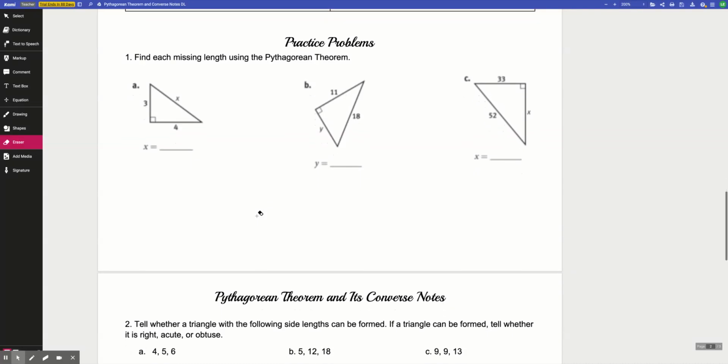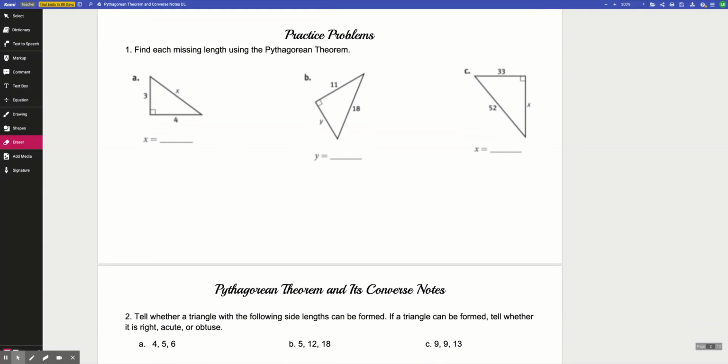Hello everybody. This is your practice problems video for the Pythagorean theorem and using its converse. So let's go ahead and jump into it here, right? This first set of problems is just the regular Pythagorean theorem and using that to find a missing